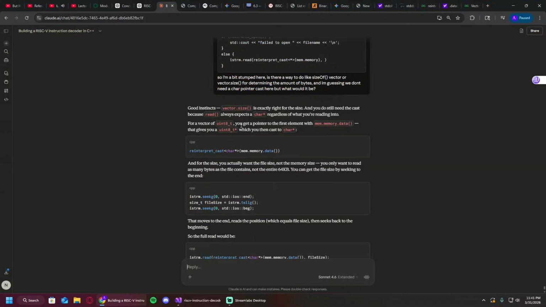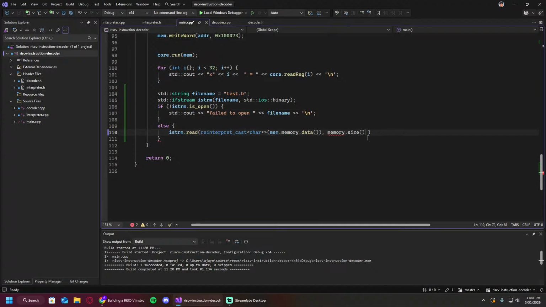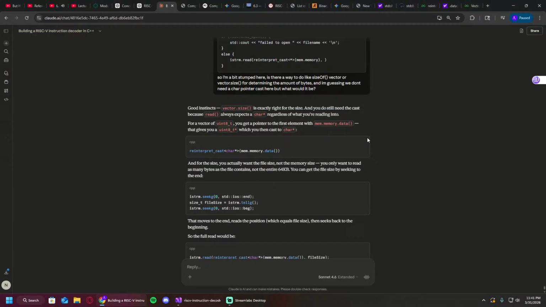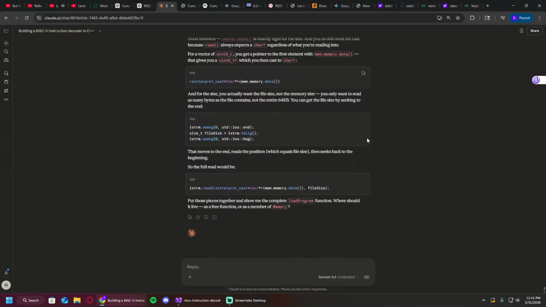So okay. Besides the actual file size, not the memory size, you only want to read as many bytes as the file contains, not the entire, yeah. Okay, so not the entire vector. So we're gonna need the size of it. So seeking to the end. I don't know what this is, to be honest, but okay, so